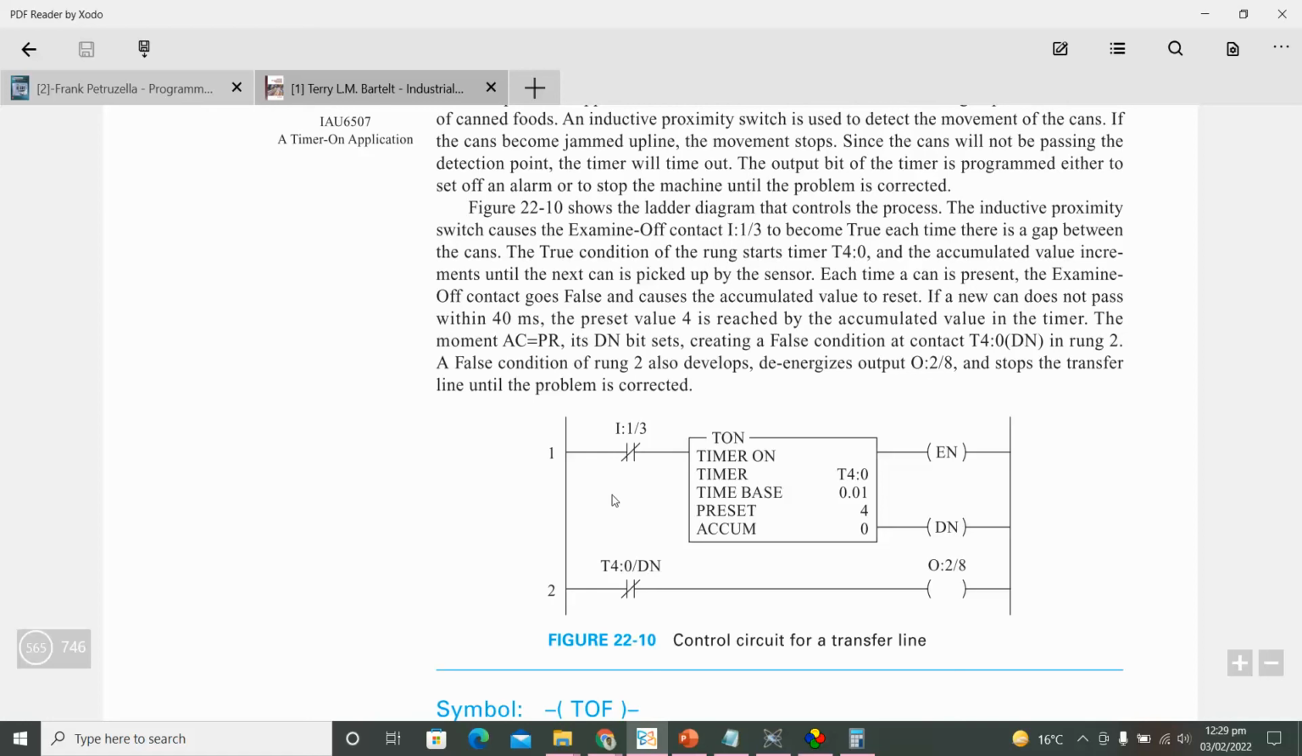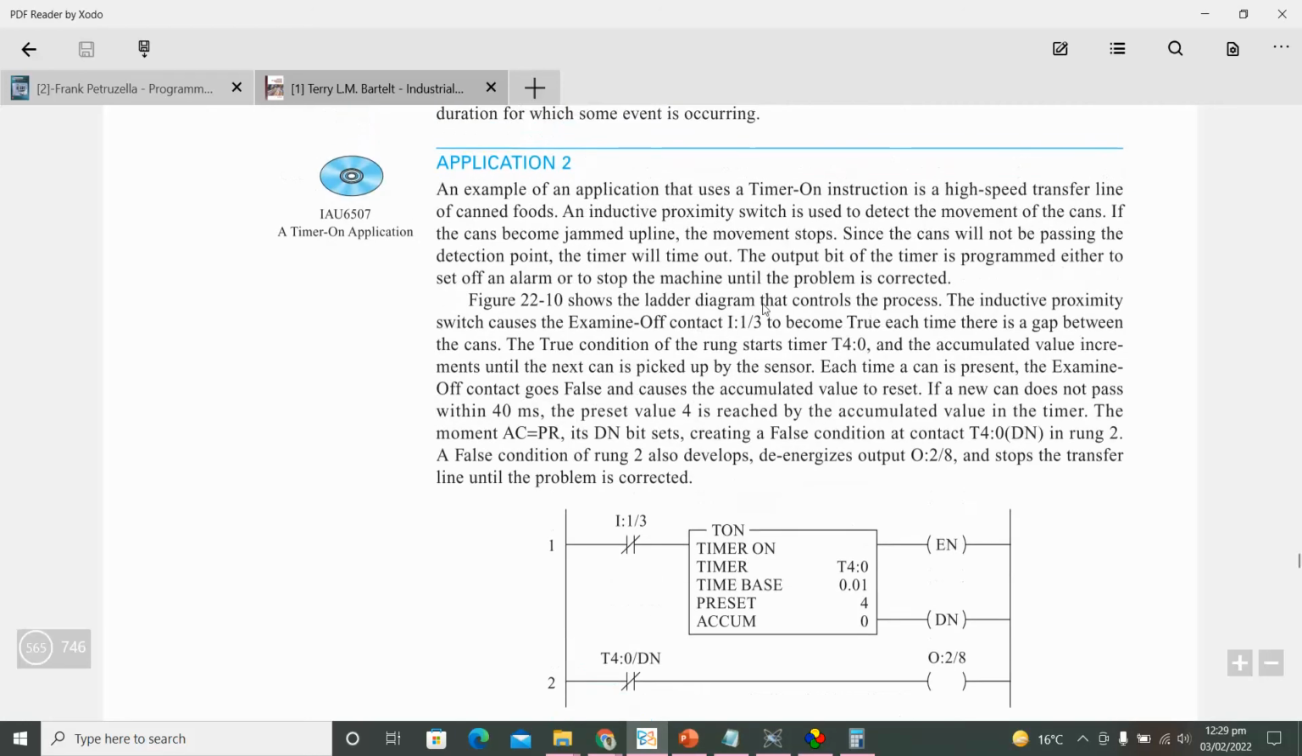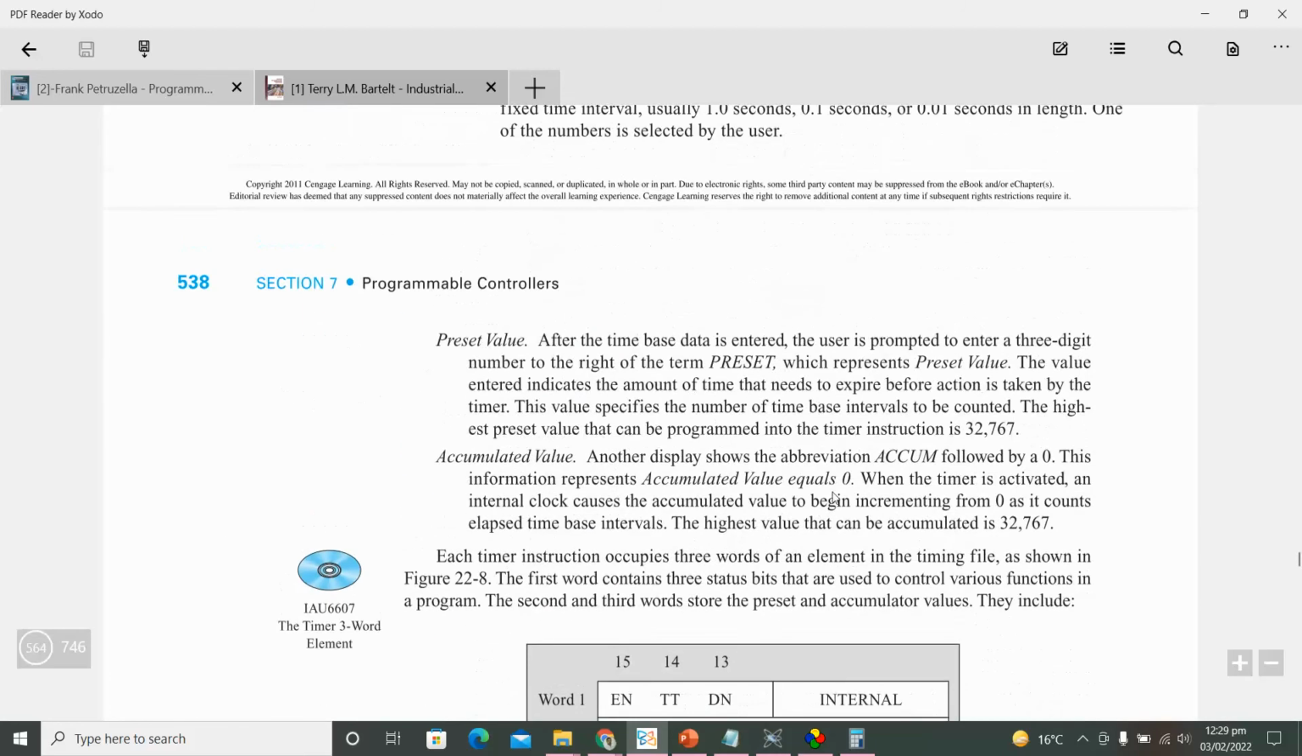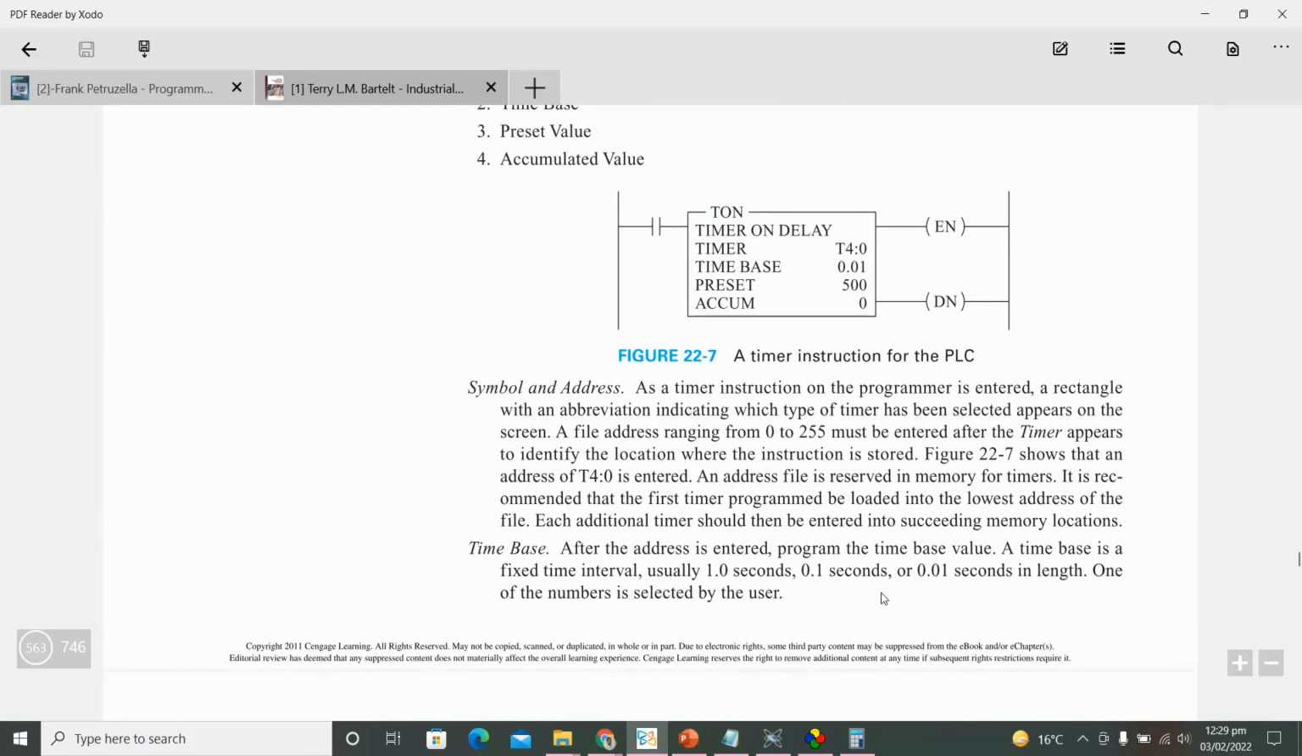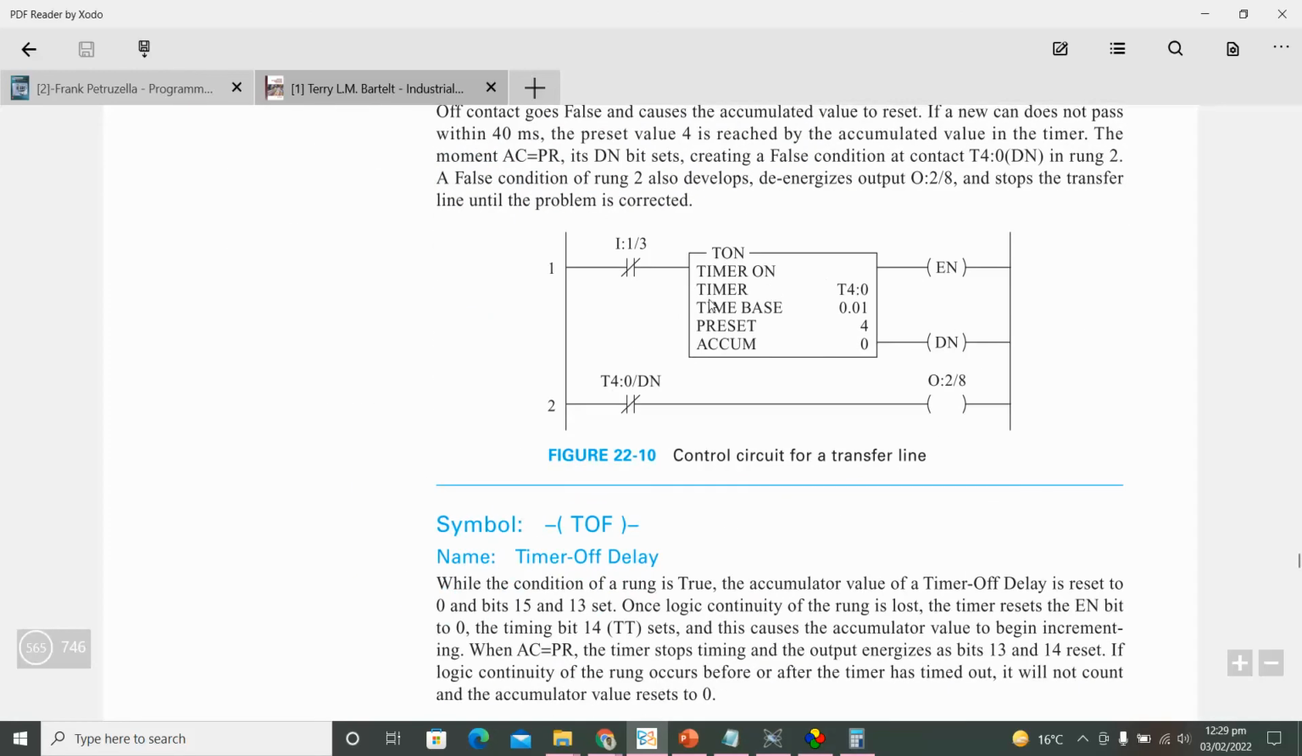1 सेकंड के लिए। दो चीजें आपके अख्तियार में हैं चेंज करने के लिए, एक टाइमर बेस और एक प्रीसेट. और टाइमर बेस में आपके पास ऑप्शंस कितने हैं? 3 हैं. 1, 0.1 और 0.01. तो अब आपने 1 सेकंड के लिए टाइमर को चलाना है, तो अब आप टाइमर बेस 1 कर दें और प्रीसेट 1 कर दें, या टाइमर बेस 0.1 कर दें और प्रीसेट 10 कर दें, या टाइमर बेस 0.01 कर दें और प्रीसेट